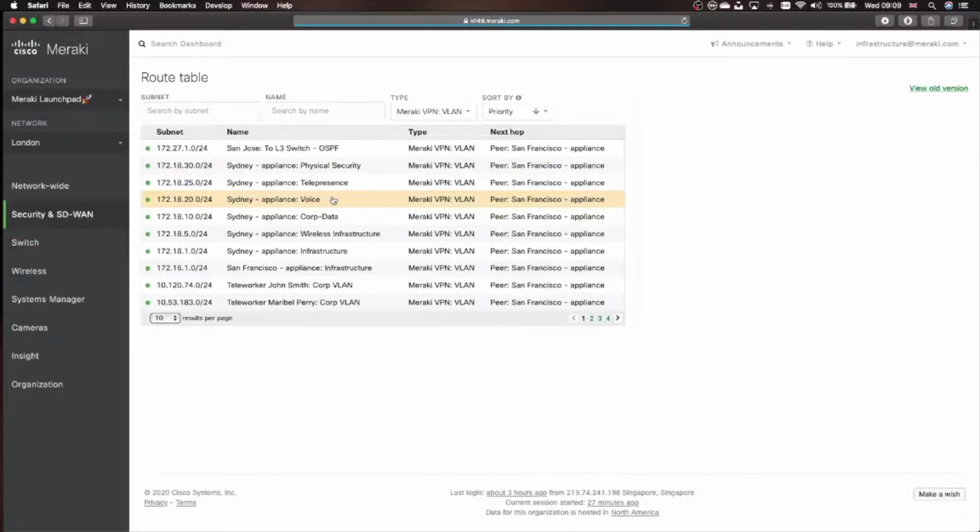Now, Sydney is a spoke as well, so we do not have a direct VPN tunnel to Sydney. Instead, we can see that all of the traffic to those subnets will be routed via our hub in San Francisco. And that makes sense, because San Francisco as a hub has VPN tunnels established to both London and Sydney, which serve as spokes. By examining the route table, we confirmed that VPN registry has successfully distributed the routes, but